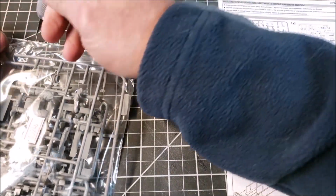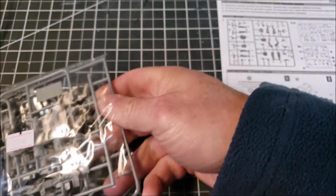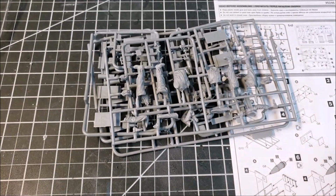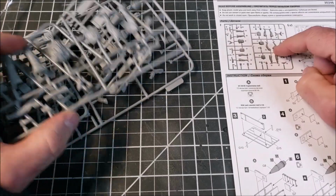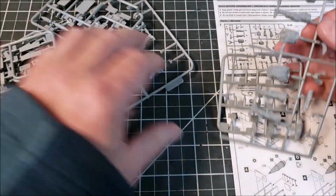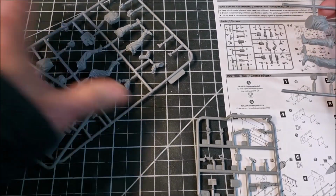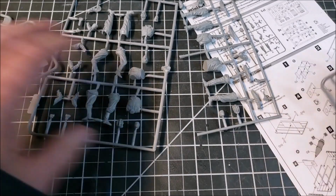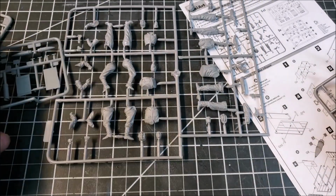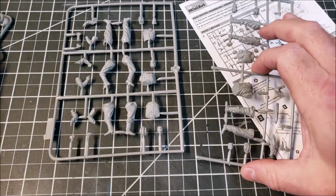Let's take a look at the quality of them. I could get resin miniatures, etc., but I don't really think it's necessary. Now, interestingly, this has them all in one, but here they're trimmed. I think they're trimmed down to fit in the box. Yeah, they're snipped to fit in the box. So